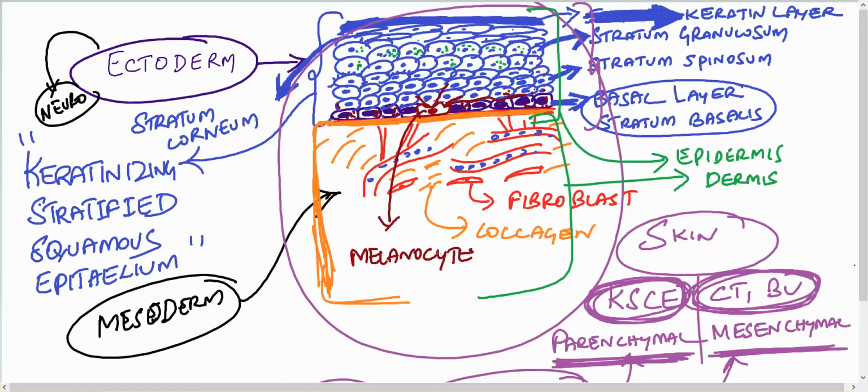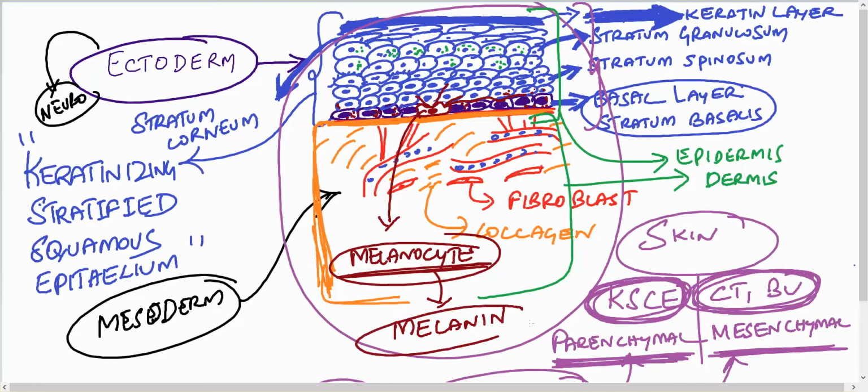So the color comes actually from the melanocyte, and the melanocyte takes this color and gives it to the other cells. The pigment which is produced by the melanocyte is called melanin. This pigment, this colored substance, gives us protection against the ultraviolet rays. Okay. So this is the basic structure.